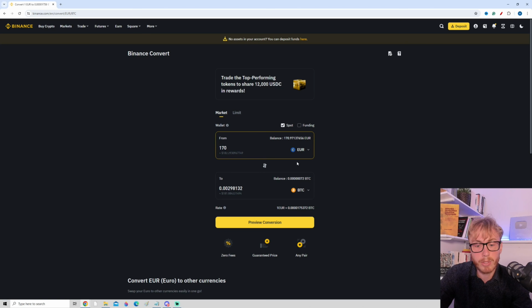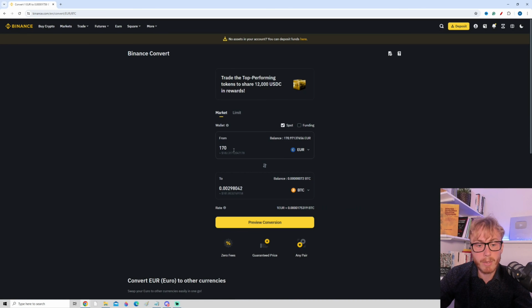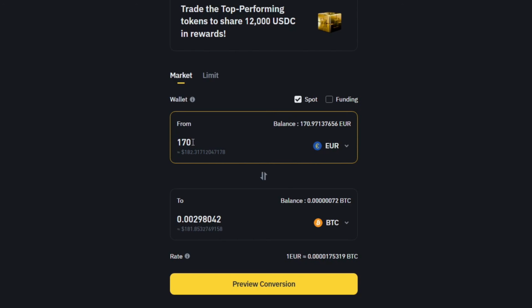And let's say I want to buy Bitcoin. You can see the standard here is Bitcoin, but if you want to convert it to another cryptocurrency, you simply press on this button right here, and you can search for your crypto. You can, for example, search for Ethereum or XRP or whatever crypto you want. But now let's say I want to buy Bitcoin. So I'm going to convert 170 euros to